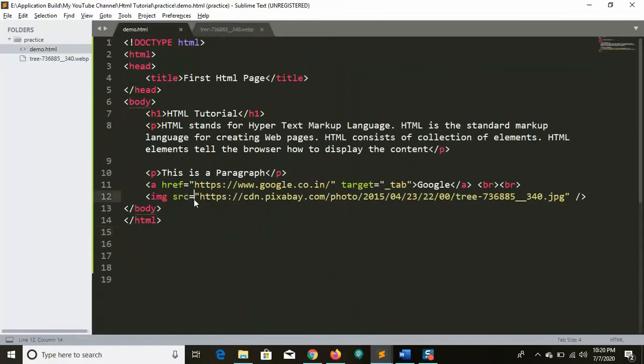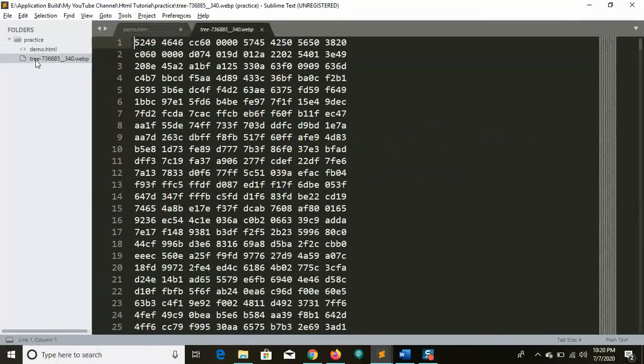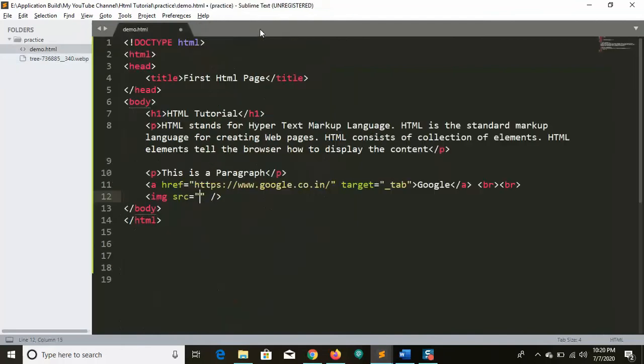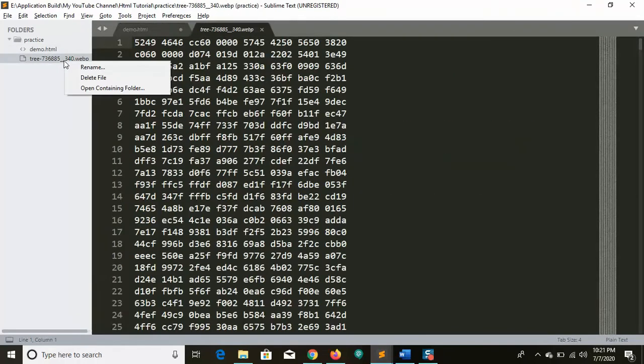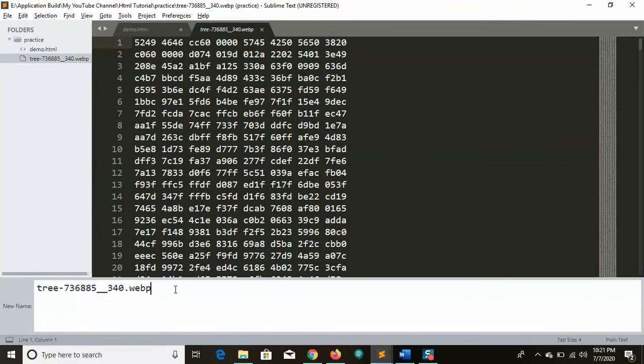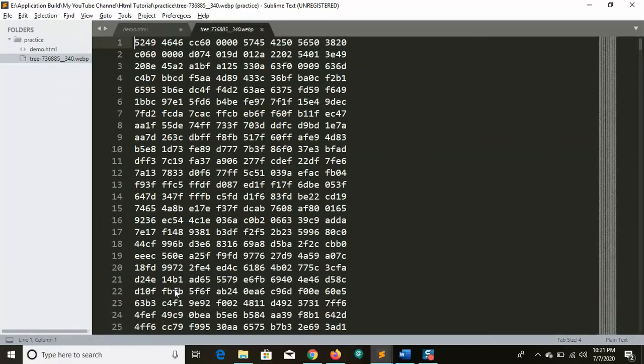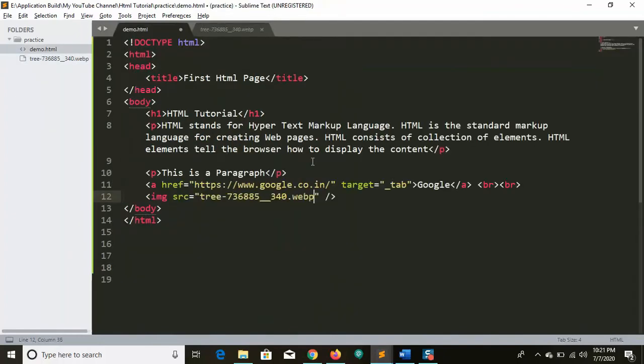So this is our online link. Let me remove this link, delete it. So this is our image, right? If you have the original image in jpg or png format, you can see the image here itself. Let me close this one. I need to take this name, so right click, rename. This name has been shown, so I can copy it directly. Control A, Control C, escape, and I will go to our file here and paste it.